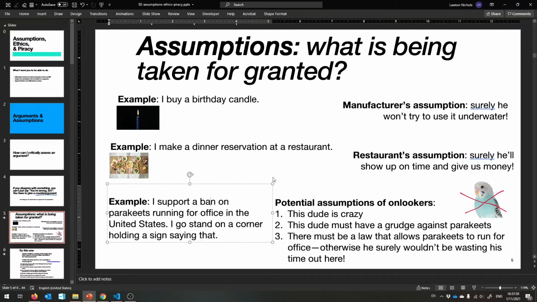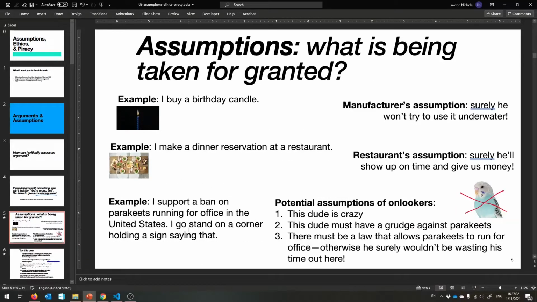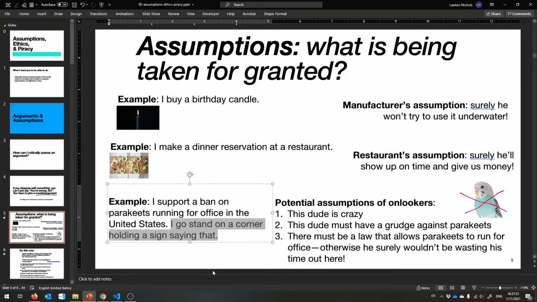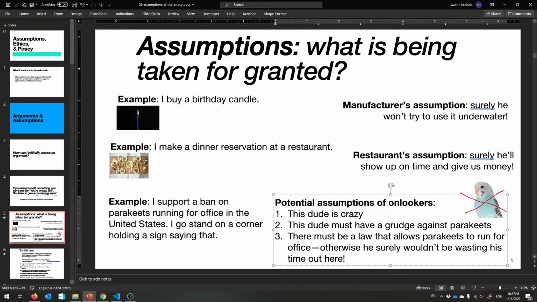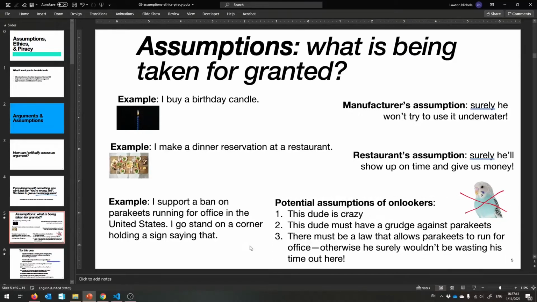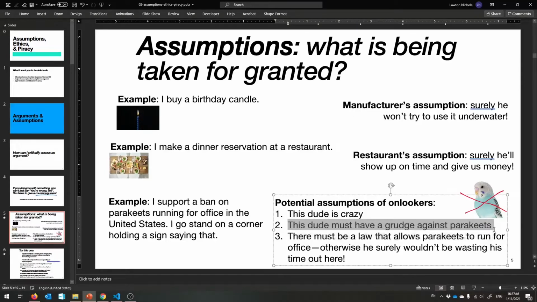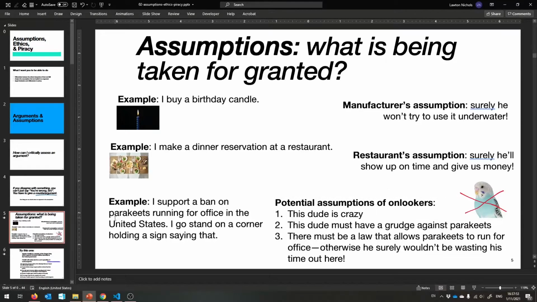So, third and funniest example, let's pretend that I support a ban on parakeets. For some reason I hate them. Maybe they're too loud or something. Running for office in the US. I go on a corner and I have a little sign and I wave it around and you see it. Okay, so potentially you have one of many assumptions. The first one, probably the most likely, is I have gone insane for some reason. Second possible option, I just don't like parakeets. They have burned me in the past, and I just don't want anything to do with them,